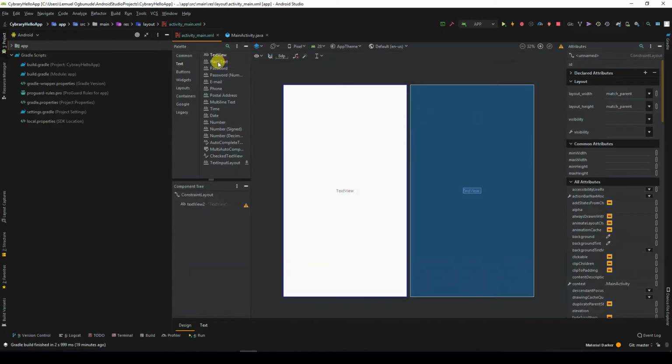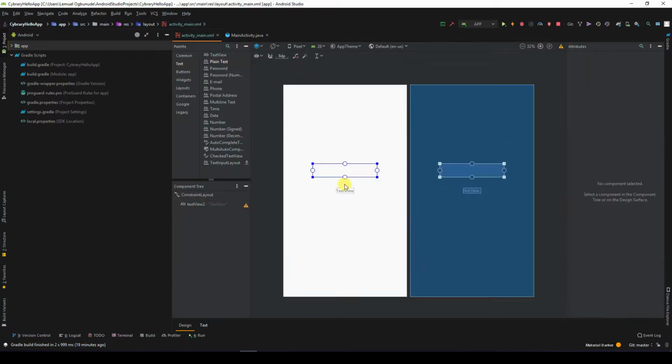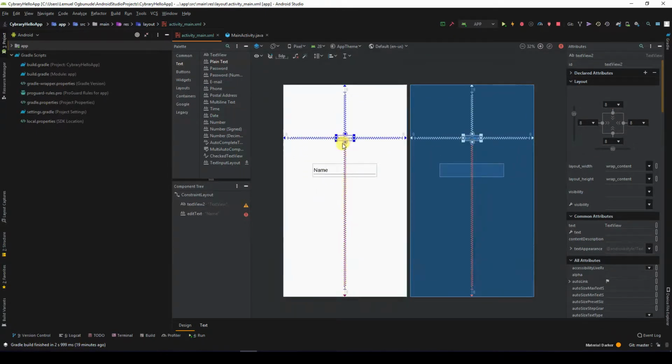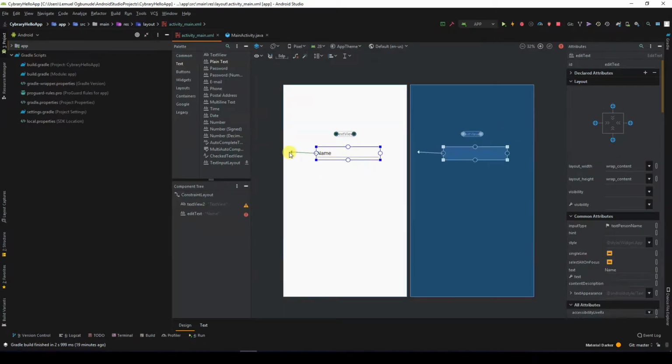We also have plain text. Drag it and drop it. Click this. Move the bottom constraint. And up. Now,